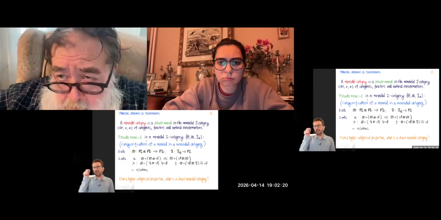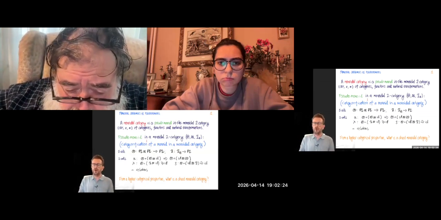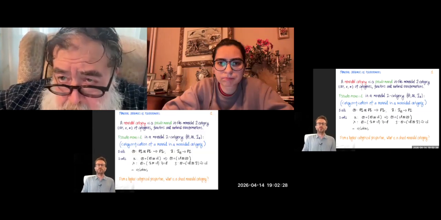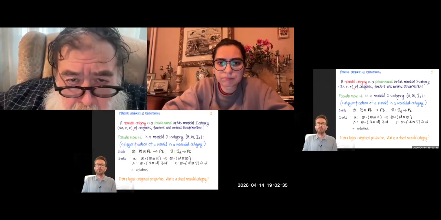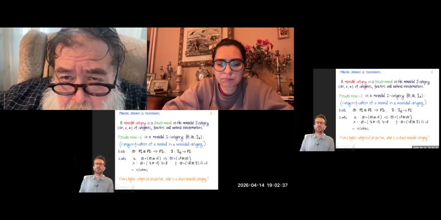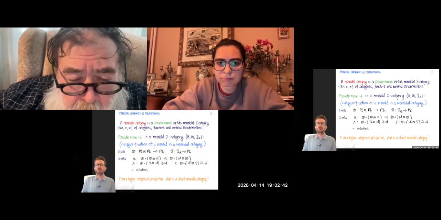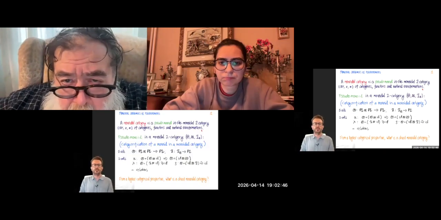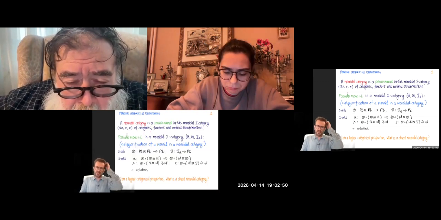But firstly, let me just give you this slide on monoidal categories, to give a bit of context. If we're thinking about a monoidal category in the context of higher category theory, we can think of a monoidal category as being a pseudo-monoid in the monoidal 2-category of categories, functors, and natural transformations, where the monoidal structure is the Cartesian structure. Let me say that in a bit more detail.